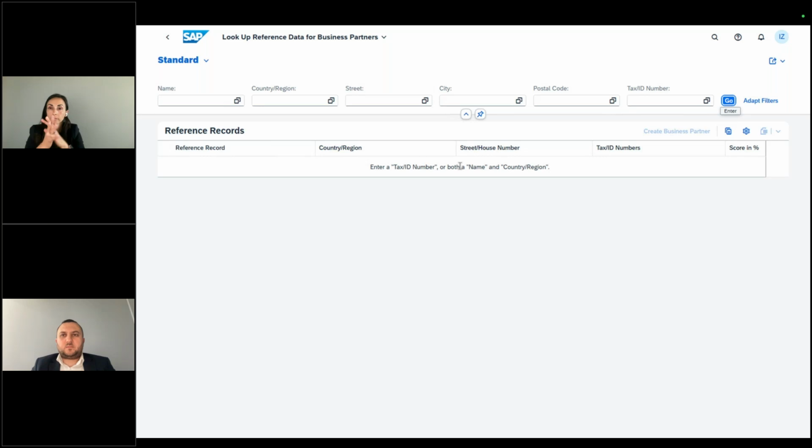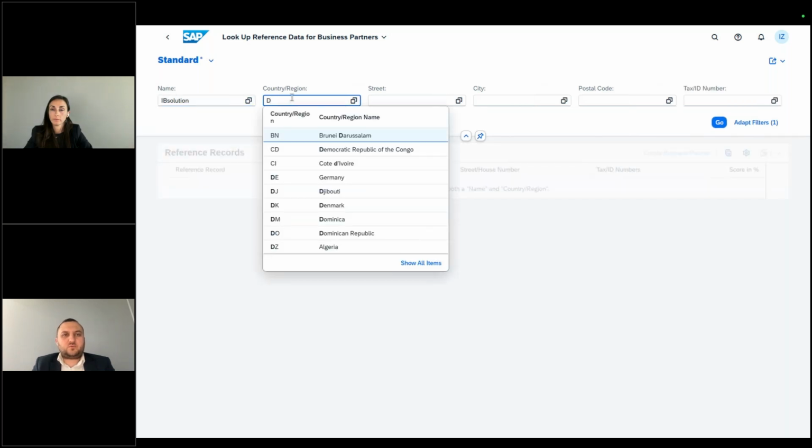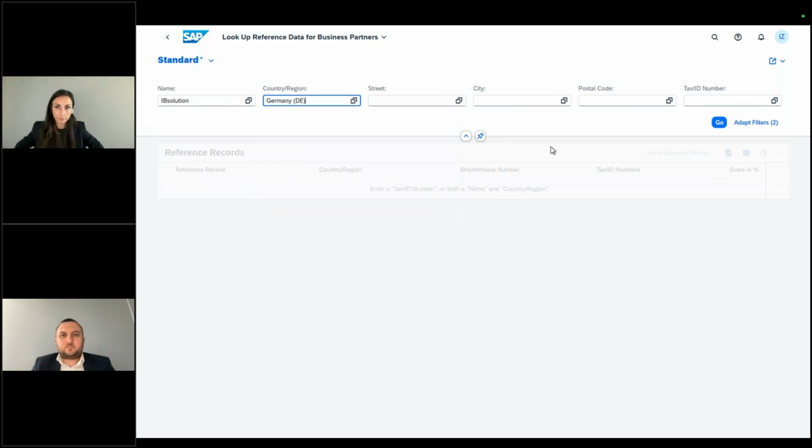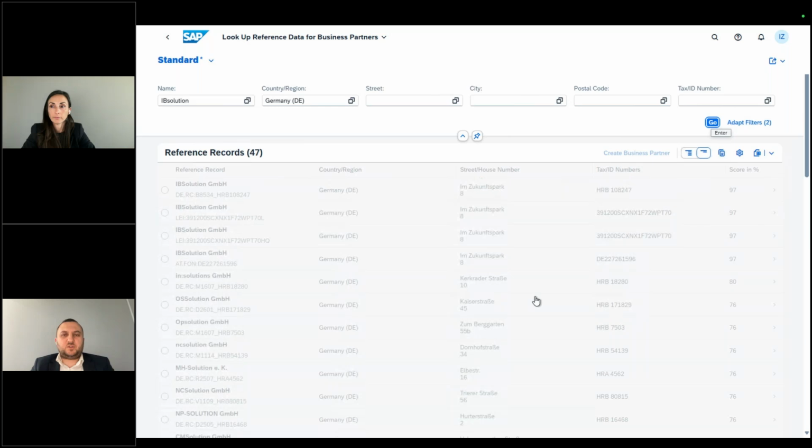So let's just directly jump in and see what we get in results. For this example, we'll use IB Solution as a company name. We'll say the region is Germany. And then as you can see, it's already trying to do the connection, but I'll just click on the go, and then you see it's now doing the connection to CDQ.